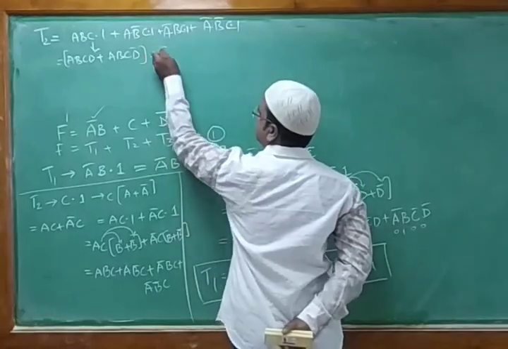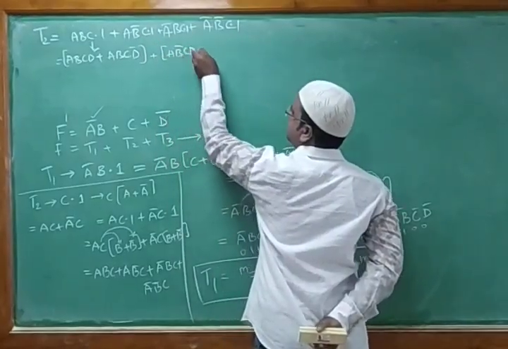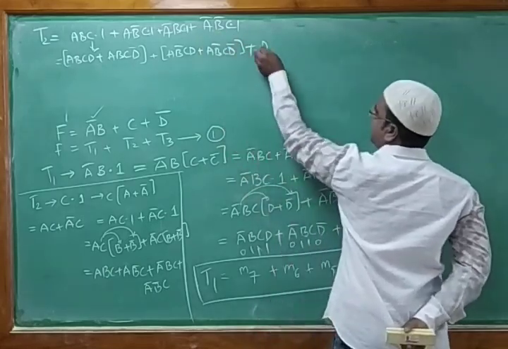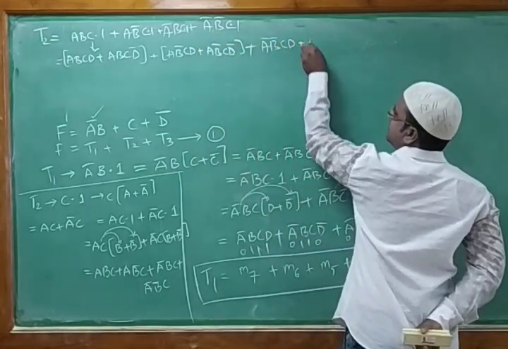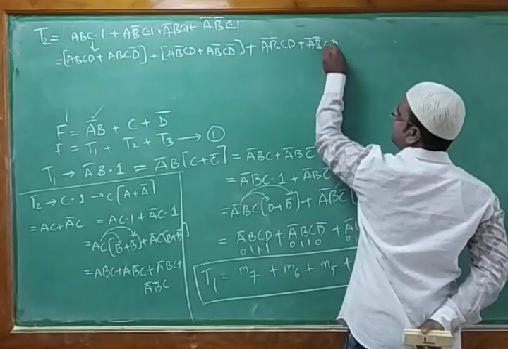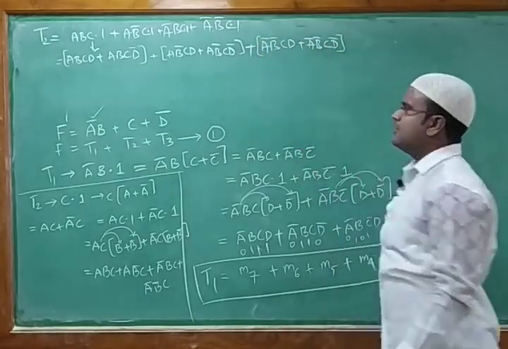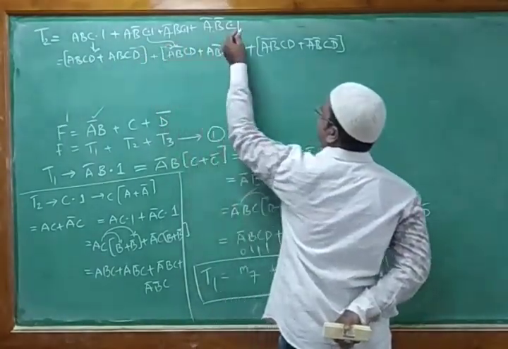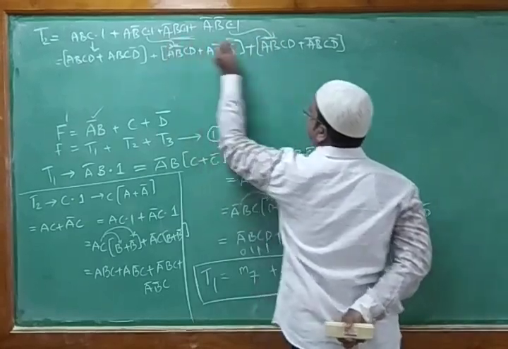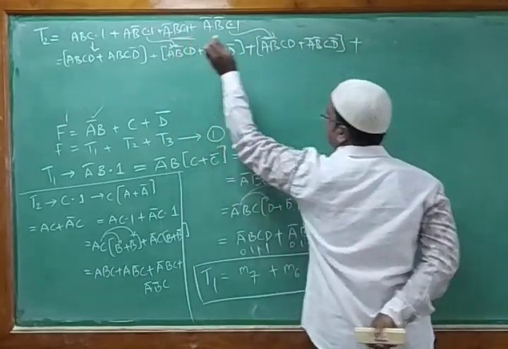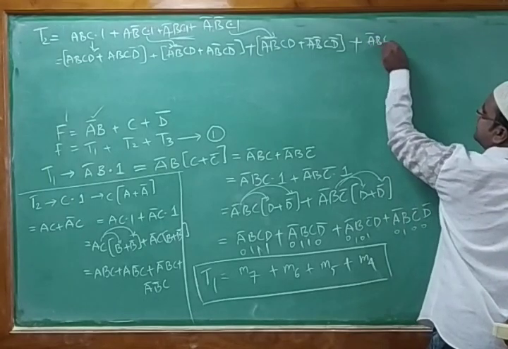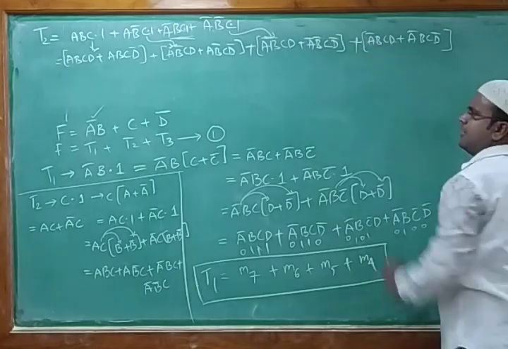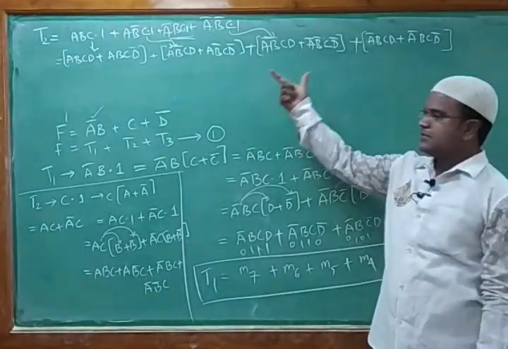Similarly for the second term, I can write A B bar C D plus A B bar C D bar plus this term. I can add A bar B bar C D plus A bar B bar C D bar. So I got these terms. So with this particular function, with the first, with the second, now I have taken the last and I am writing here, plus, what is the term here? A bar B C D plus A bar B C D bar. So this is for the middle term. So now these 4 terms are modified into 8 terms.